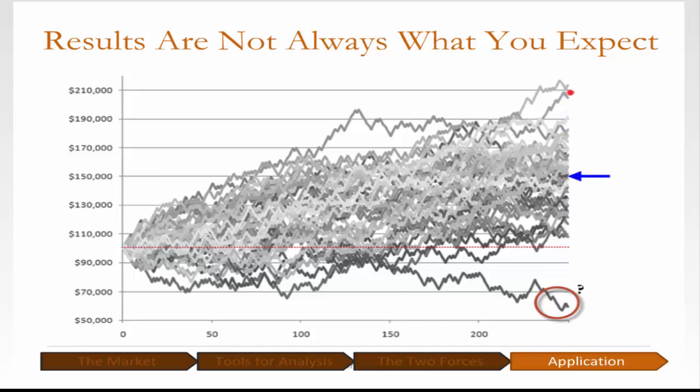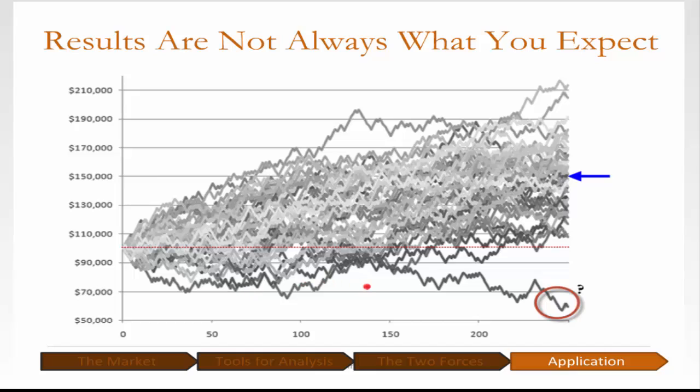That with this very simple, predictable system, you had somebody who made twice as much as we would have expected him to make. You also, interestingly enough, had a trader who lost money. Is it possible to lose money trading it? Some people say all you have to do is have a positive expectancy system and trade it. Well, here is a simple test. Somebody was trading a positive expectancy system. This person made no mistakes. None of these traders made mistakes, but he still lost money. Not only that, he was underwater pretty much the whole time.